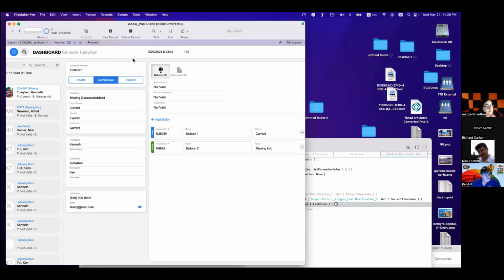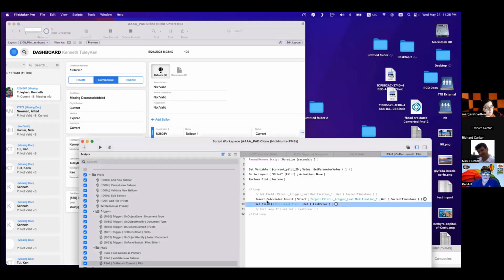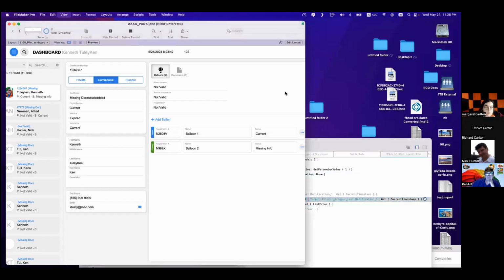Open record and get the last error in a loop. No, but it didn't change this. It's not doing it. Insert calculation. Is the field missing? Pilot. I am in the pilot table. No, it's not missing. Yeah, it might be missing again, but it's there.